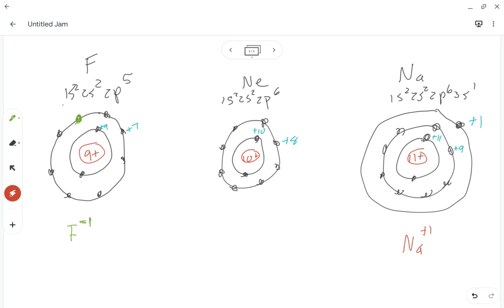Now, fluorine, on the other hand, does not form an F with a -2 charge because in order to make the F -2 ion, it would need a third energy level because the second energy level is full. So if we put an electron out here in this hypothetical third energy level, the effective nuclear charge on this electron,